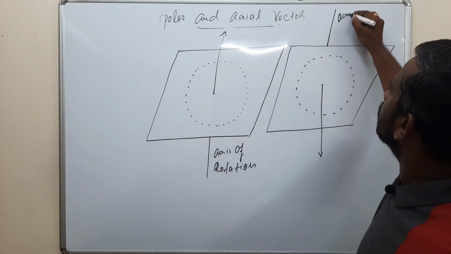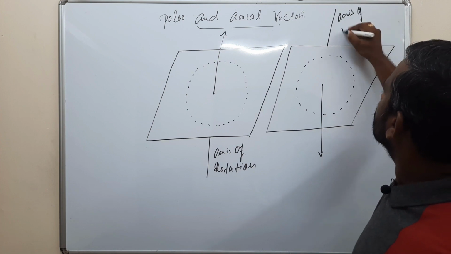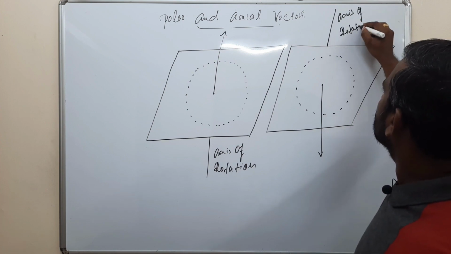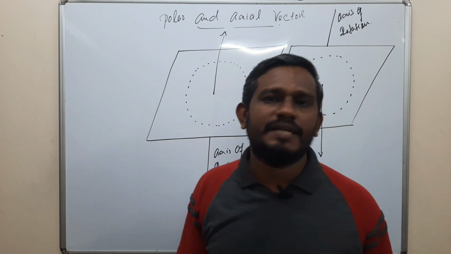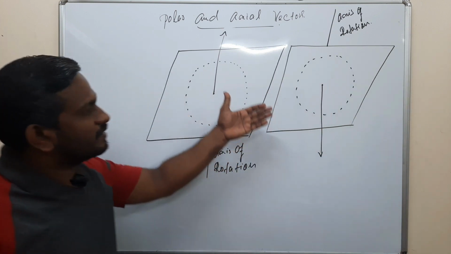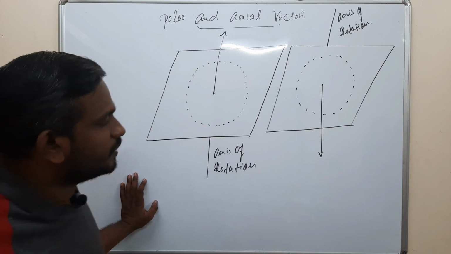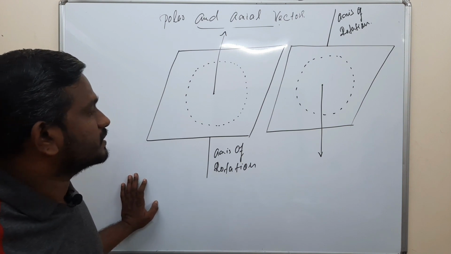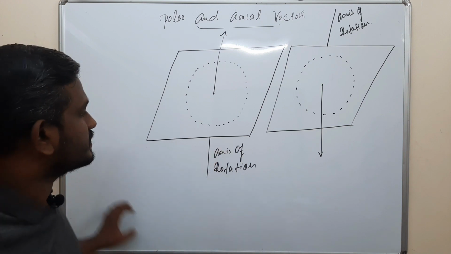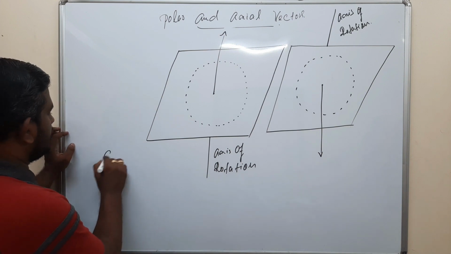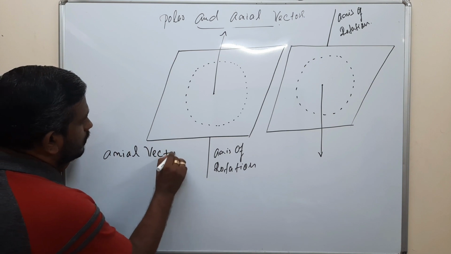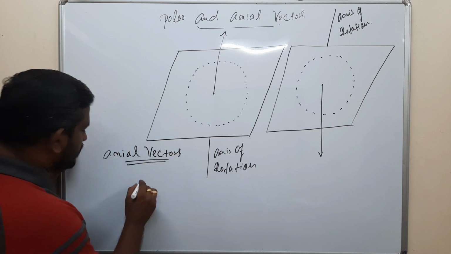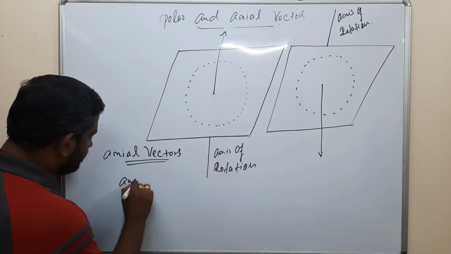So certain vectors will act in the upward direction, or certain vectors will act in the downward direction along this axis. Such vectors are called axial vectors. For example, angular velocity,